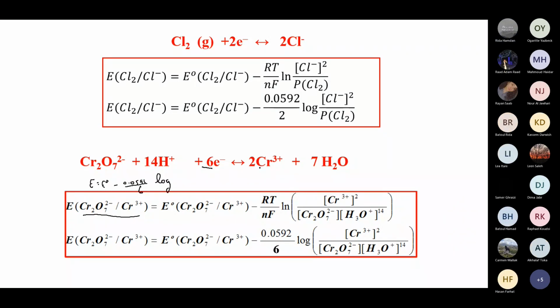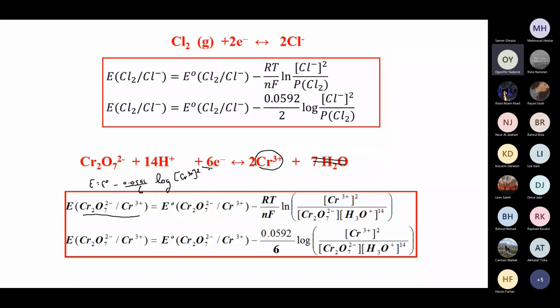Cr3+, so concentration of Cr3+ to what power? Squared. How about the water? I do not include the water in Q. In the equation it's included, but in the Q it's not included. Divided by